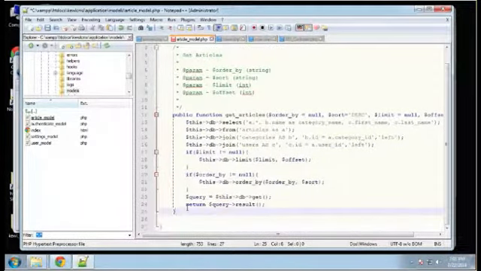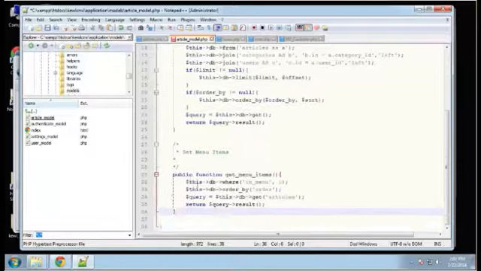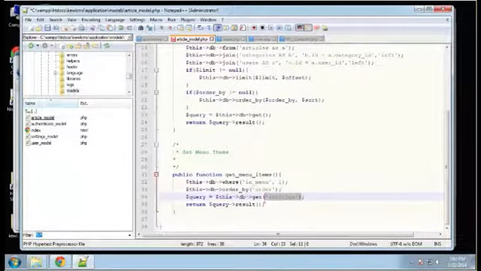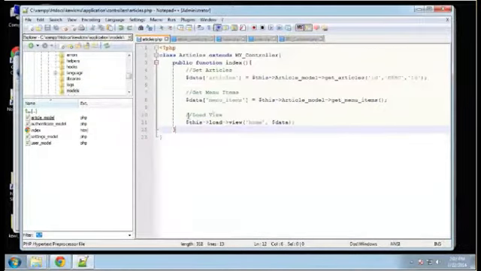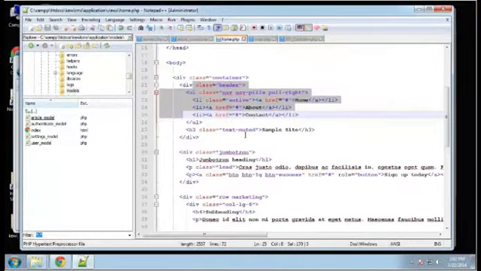Alright, so this is going to be a very simple function. Basically we're just saying to get all the rows from the articles table where in menu is a 1. Alright, so that's how we're going to know if the article should be in the menu, and then we're just returning the result. So we'll save that, and we're passing that into the view through this data array. So we can go to the view,